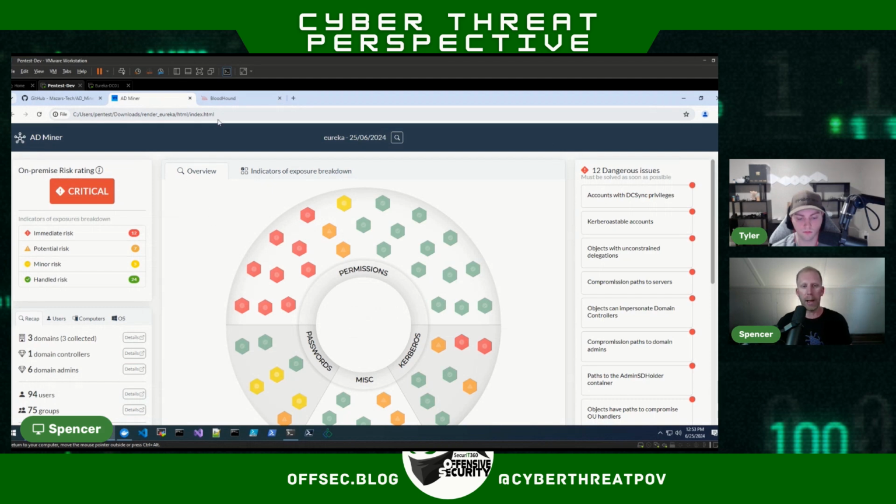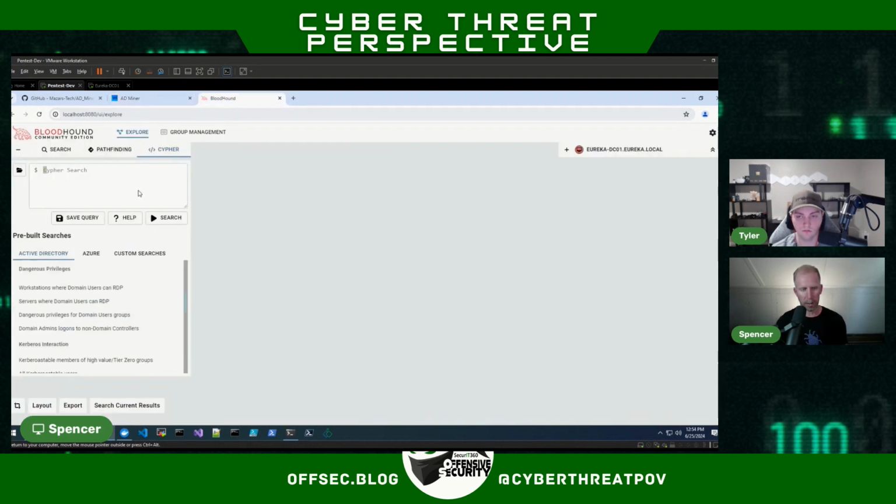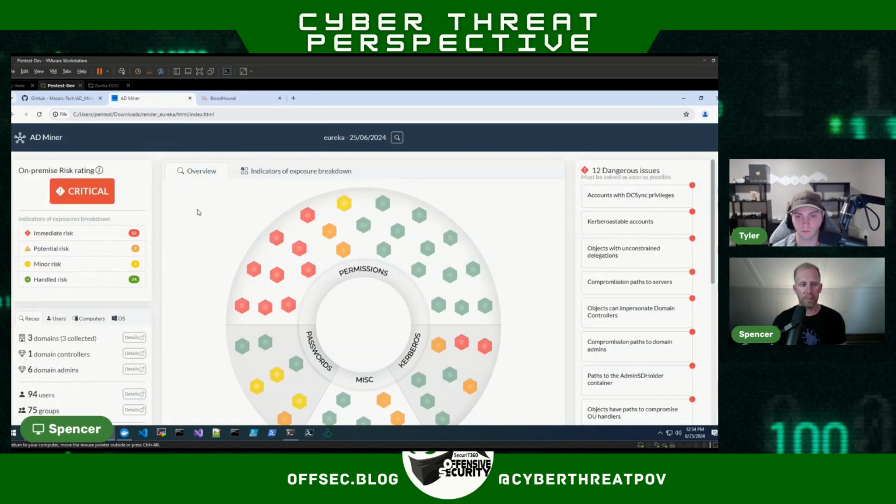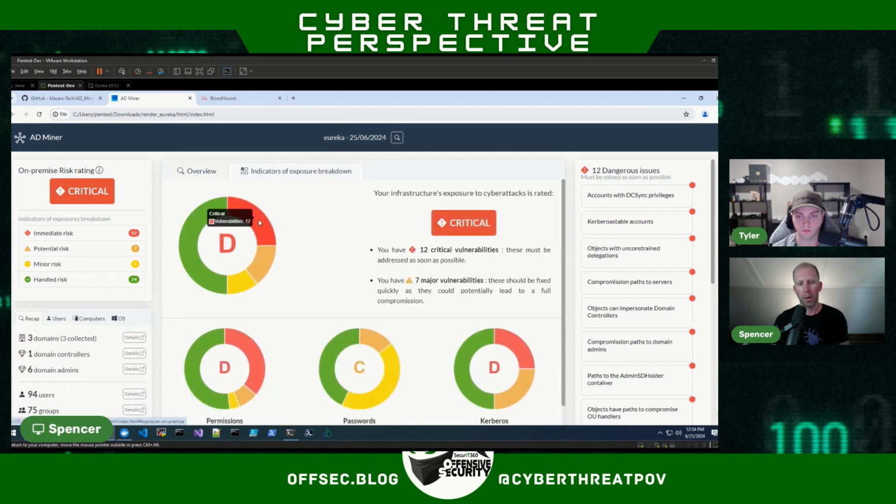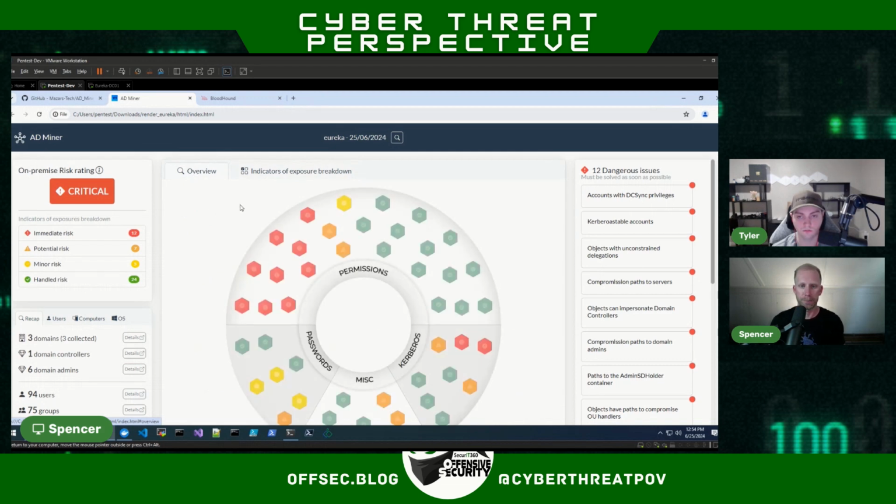It's like, okay, I run BloodHound, but what do I do as a sysadmin, right? Okay, cool, I find these attack paths, but what if I want to put some reporting behind it or some analytics and show that we're improving over time? AD Miner is really great for that. We can say, oh, cool, we were at a D 3 months ago, now we're at a B. Awesome, and you can show improvement over time. So that's really nice from a reporting and analysis standpoint.